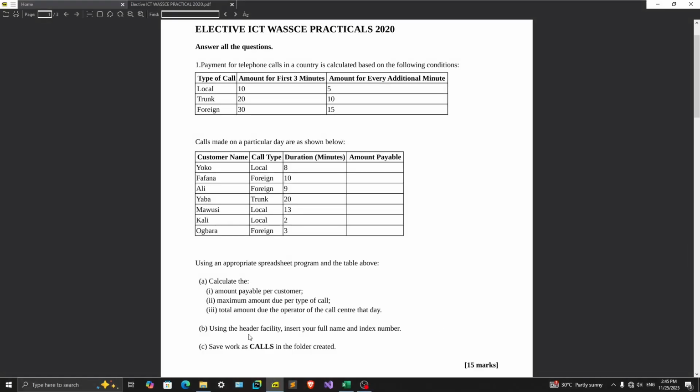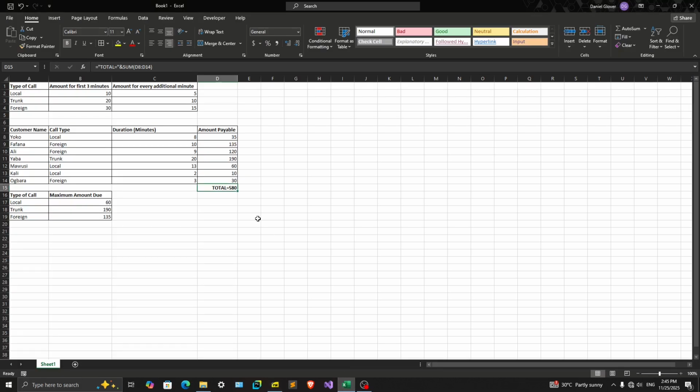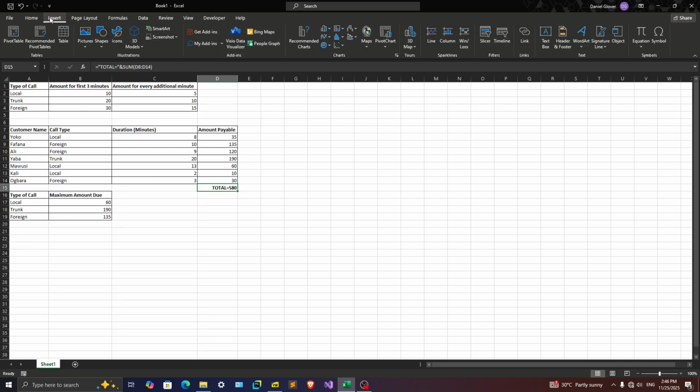Now we are on B, which says using the header facility, insert your full name and index number. Okay, now let's go back to our spreadsheet application. In order to do that, you want to go to the insert tab. The home tab is basically the default that we are usually on, and right next to it is the insert tab. So you click on insert, then you look for the text group. In the text group you're going to see header and footer. So you click it,